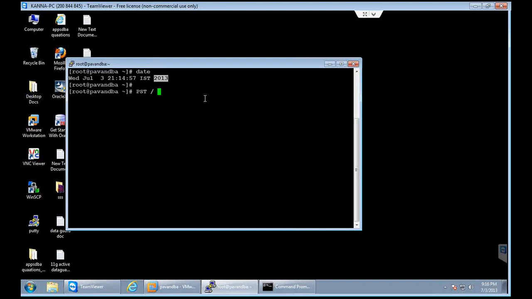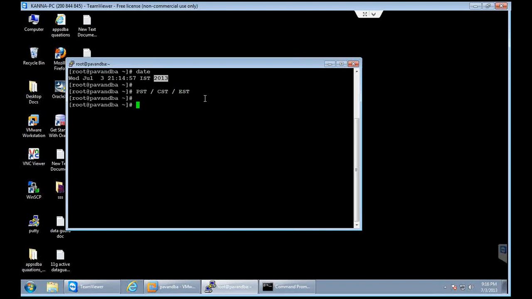Some parts of the US will work on this, or you might be seeing CST, which is nothing but Central Time Zone. And if you are working for European countries, you would be looking at another time zone called EST. Generally these are the three time zones that you will be watching in real time.